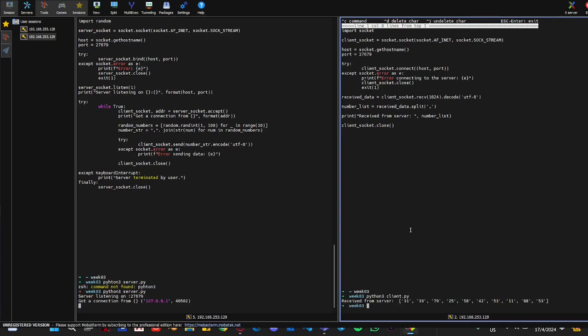As you can see here, the server is listening on this specific port number, and then the client connects with the server. As it's shown here, the server prints a got connection message, got connection from this IP address and this port number, and here the client receives the numbers that were randomly generated from the server. Here you can see,